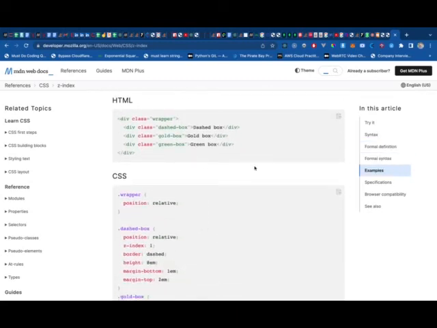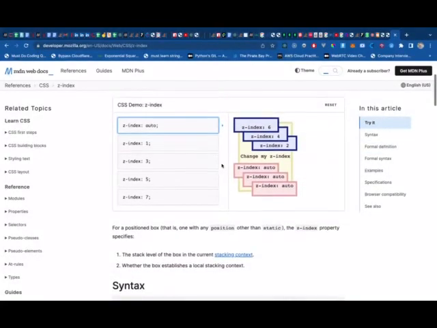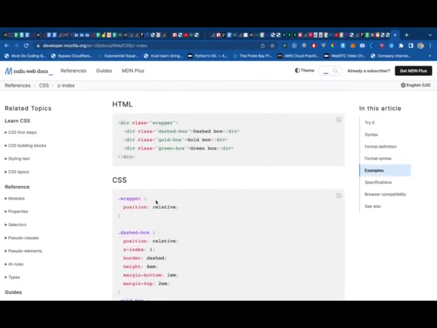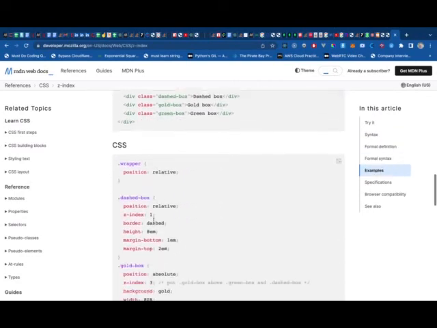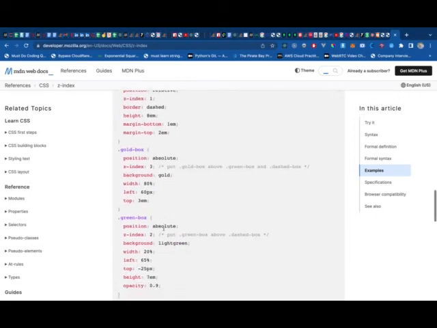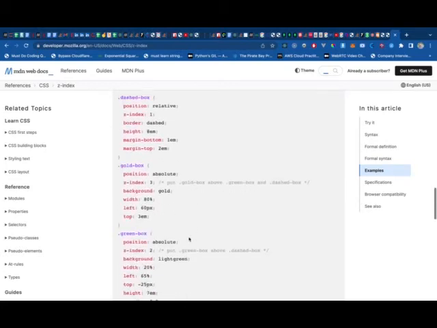So dashed box, golden box, green box. So we have these things. No, this is something else. We're saying wrapper is position relative, dashed box is position relative, gold box position absolute, and this is absolute. Put green box above dashed box. So what it is doing for that is,